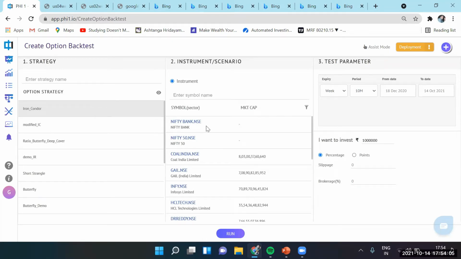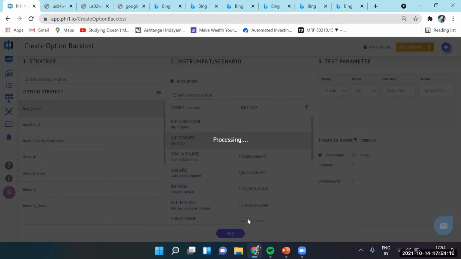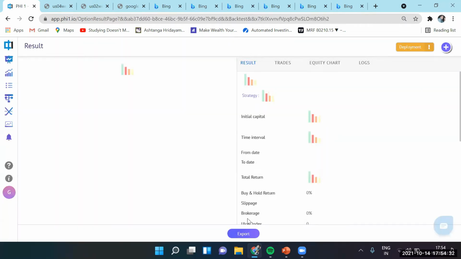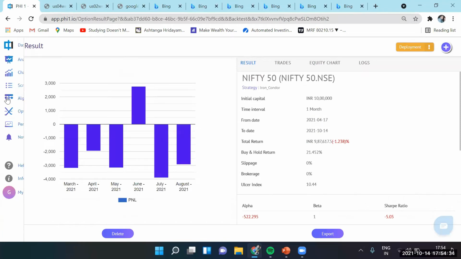But let's see if that behaves in a better fashion. Again, I think Nifty, because Bank Nifty has too much volatility for the iron condor to pay off. You can devise other strategies for it. Similar. All right. So now you have to figure out changes to make this strategy work for yourself.